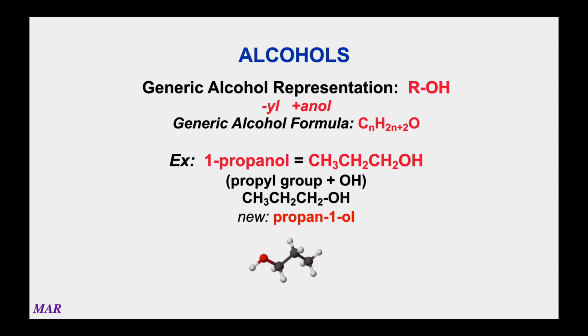Now, there's a new type of naming in organic chemistry. Instead of calling it 1-propanol, the new way of calling this is propan-1-ol. And when you get to really sophisticated chemical structures, there is a utility for calling it propan-1-ol versus 1-propanol. You'll see that as you go further into organic chemistry. But again, like all this stuff in Chem 222, I would be pleased if you put down 1-propanol or propan-1-ol. Either one is fine.